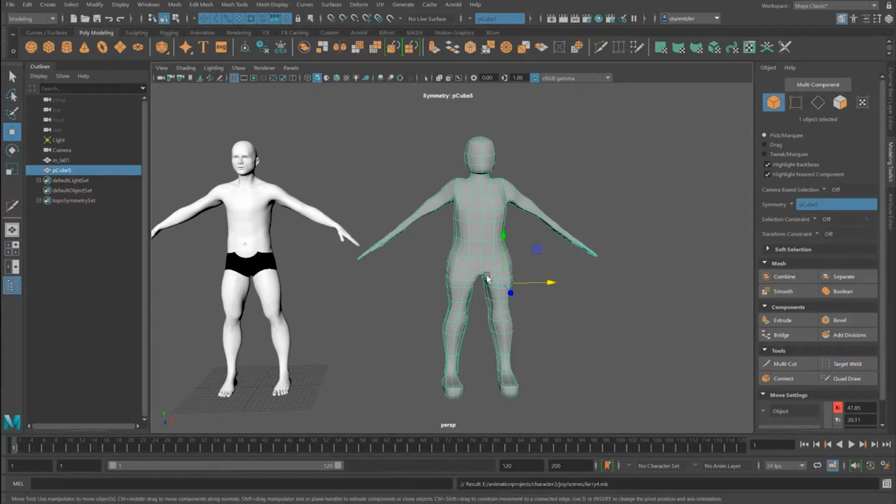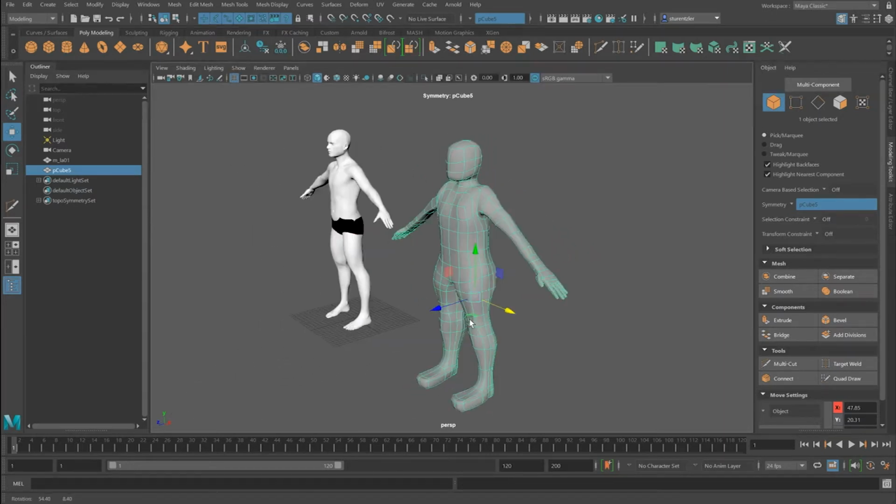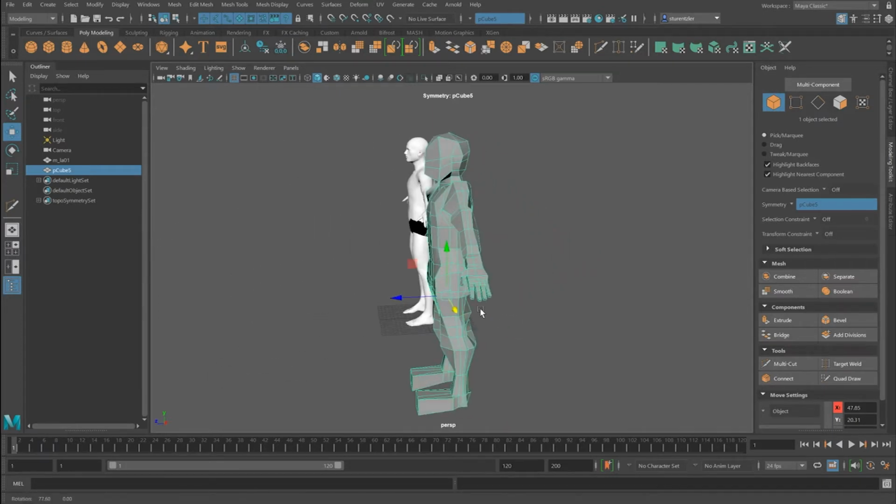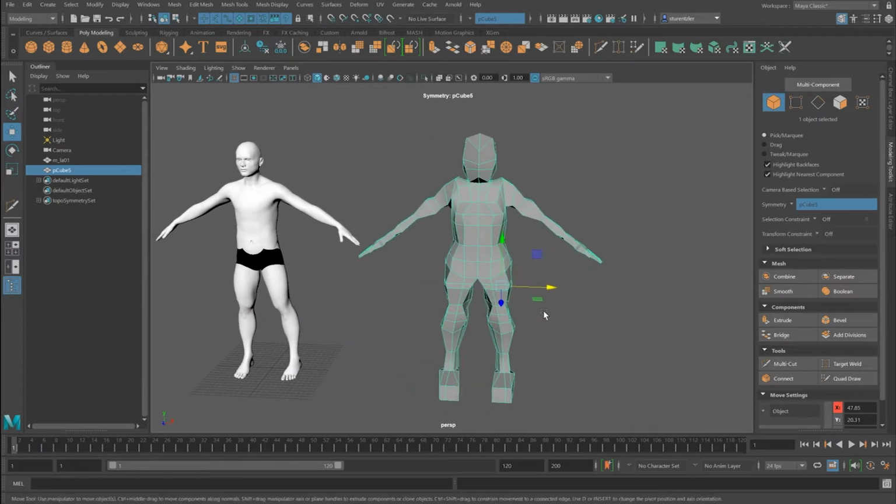Once you have a rough character, and you should spend as much time as you need to create your rough character, here, I'm going to press the 1 key because this is really what the character looks like. And I'm going to increase